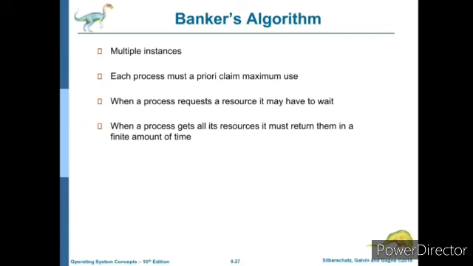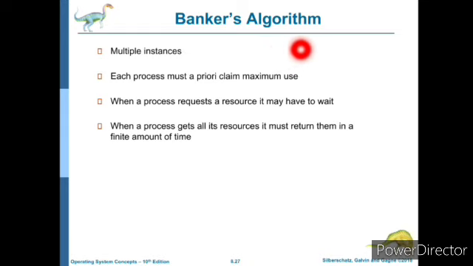Okay, we'll start with the next topic in deadlock avoidance, that is the Banker's algorithm. So this algorithm is mainly used to avoid deadlock in a system. In the last class we discussed the resource allocation graph algorithm, which is applicable only to a single instance and is not applicable to multiple instances. But the Banker's algorithm is applicable to multiple instances of each resource type, and the name Banker's was chosen because